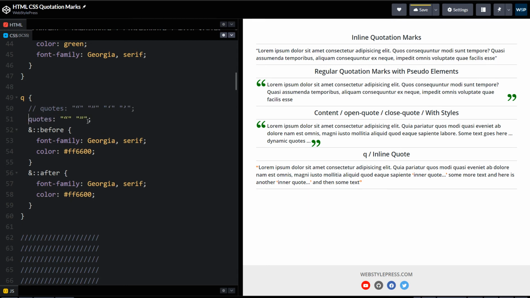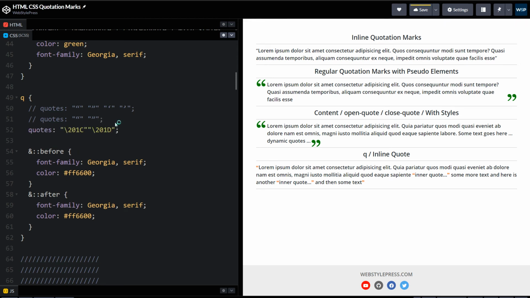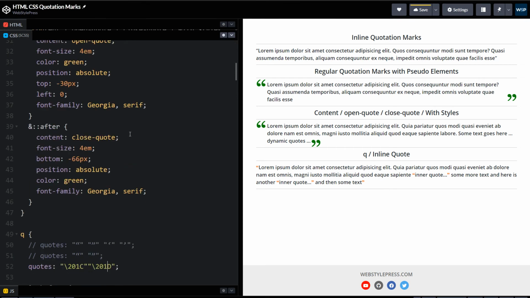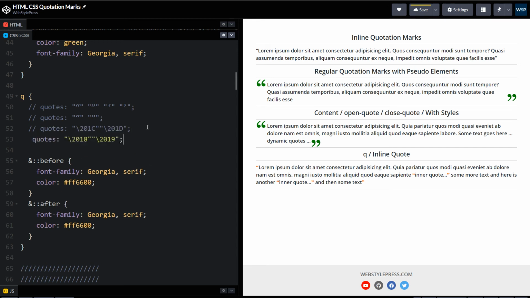You can also use this quotes CSS property like this. Then as you can see, inner Q tags are also using double quotation marks now. You can also specify these characters in Unicode. Or like this.